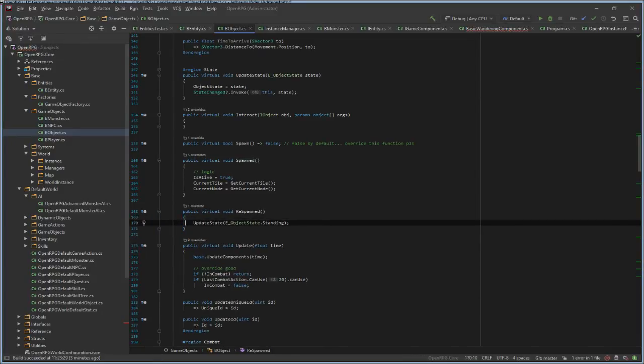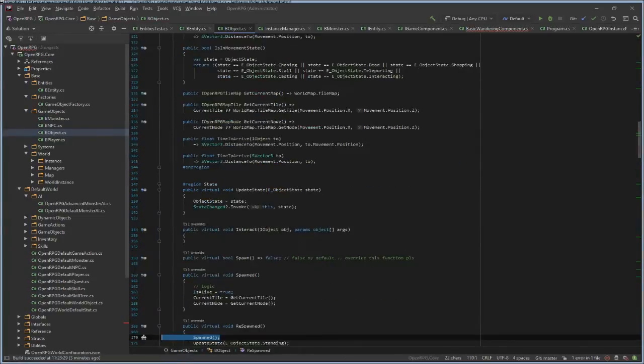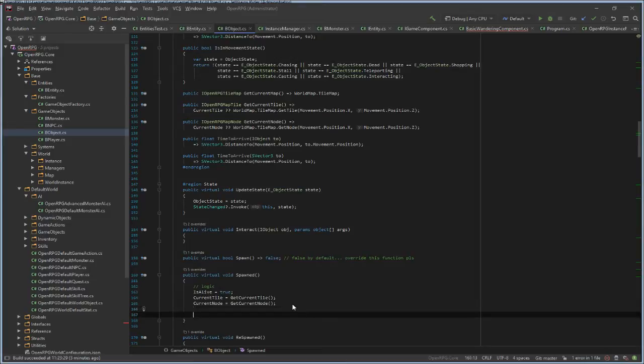Maybe just reassign tiles, do something else instead of just calling the spawned method again. Anyway, so I will do this on spawn entity base.